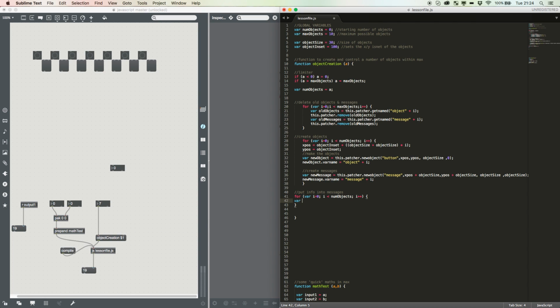We do variable message boxes. Now I'm being really untidy with my variable names because these are all internal. They can really be whatever you want, but it's nicer if you name them things you're going to know. This dot patcher dot get named, and it's very similar to what we've done before. Message plus I,